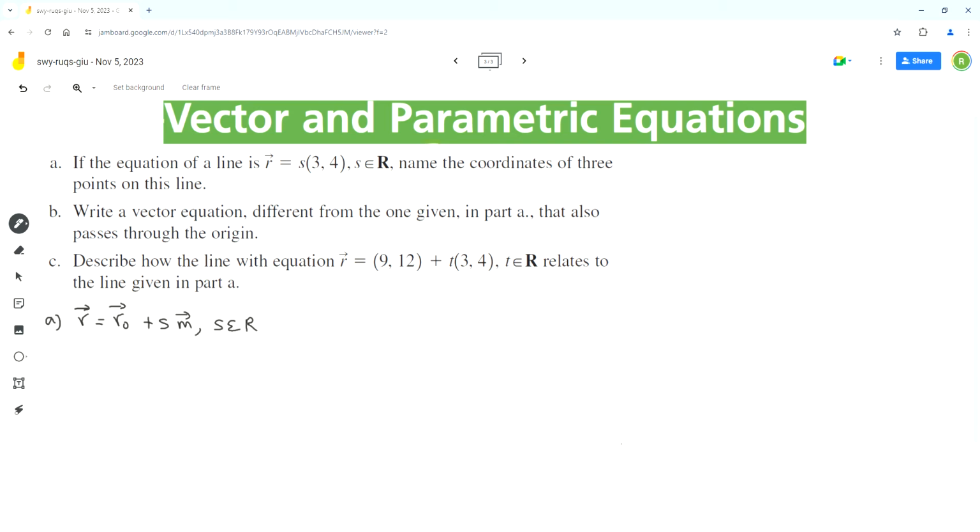So that means in the given line the vector r0 is the 0 vector, or vector 0, 0. So we can rewrite the given equation as